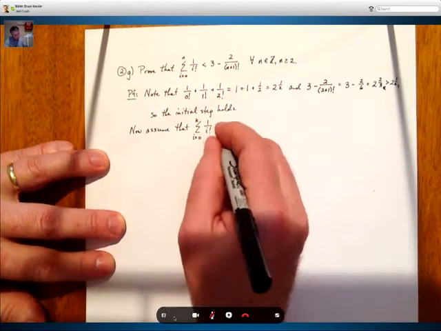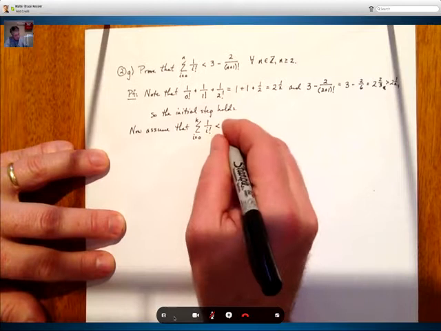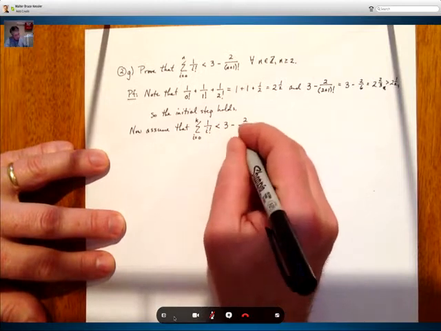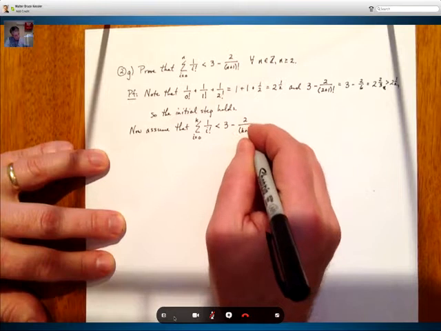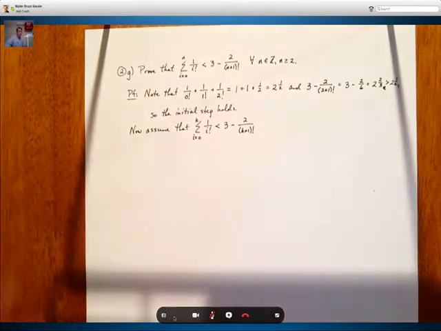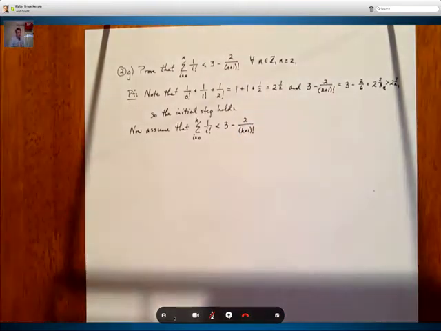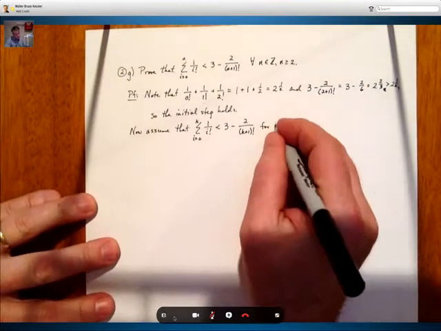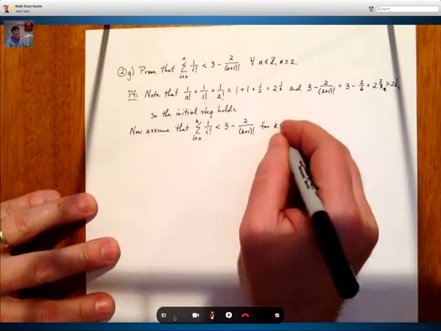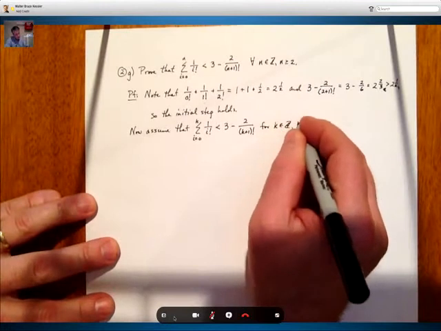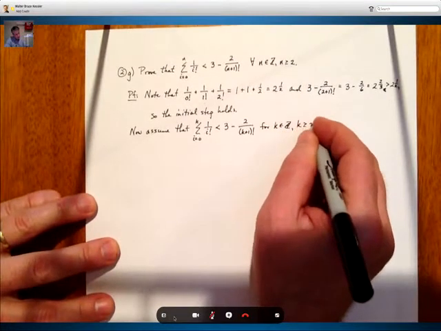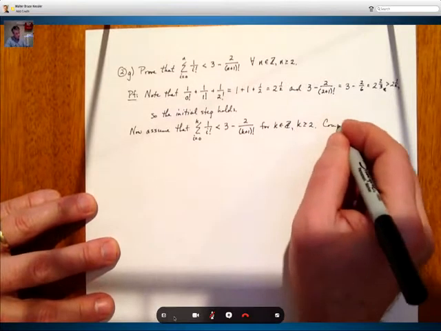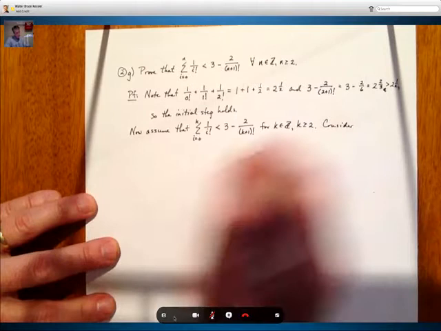Add up from 0 to k, 1 over those factorials. This is less than 3 minus 2 over k plus 1 factorial. Now, for integer k,